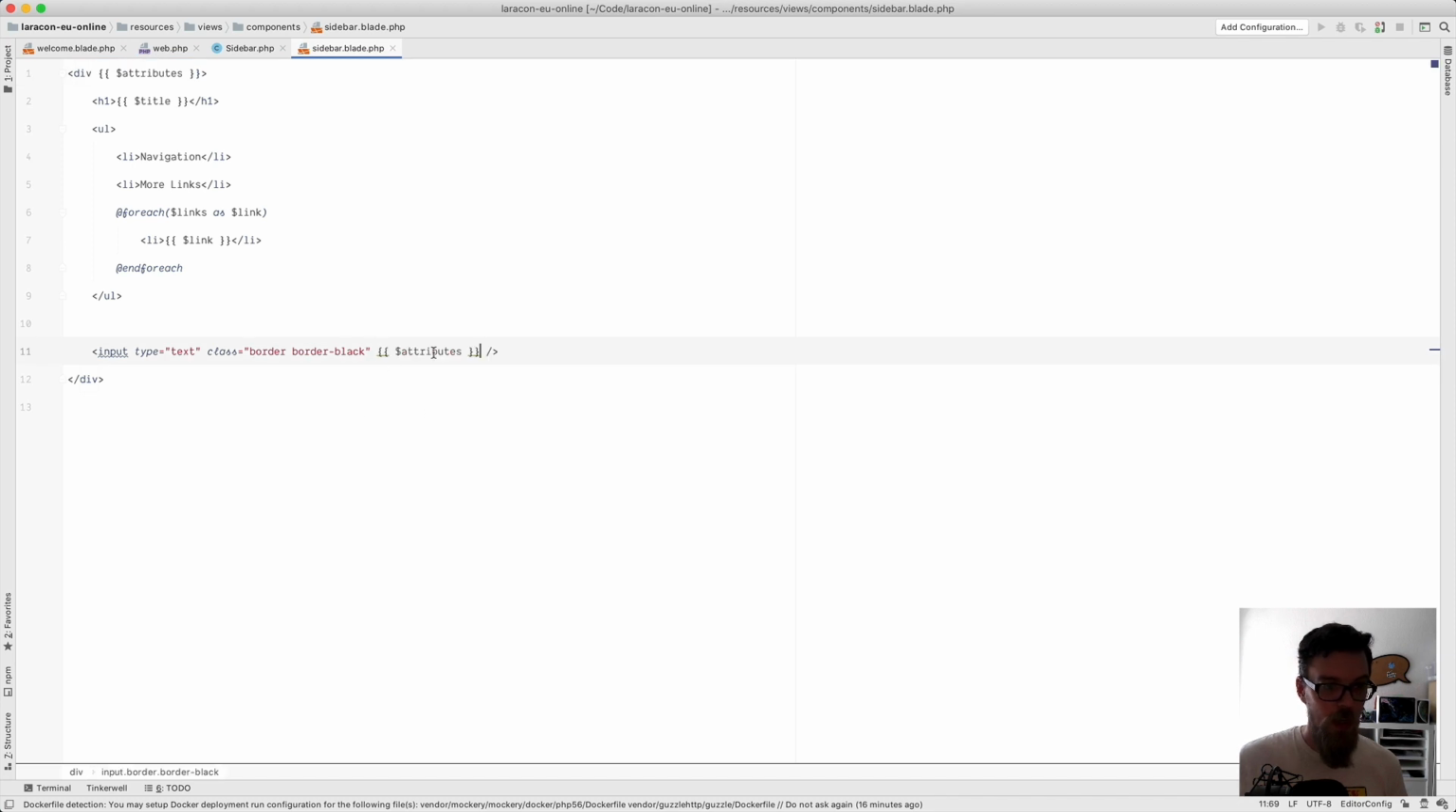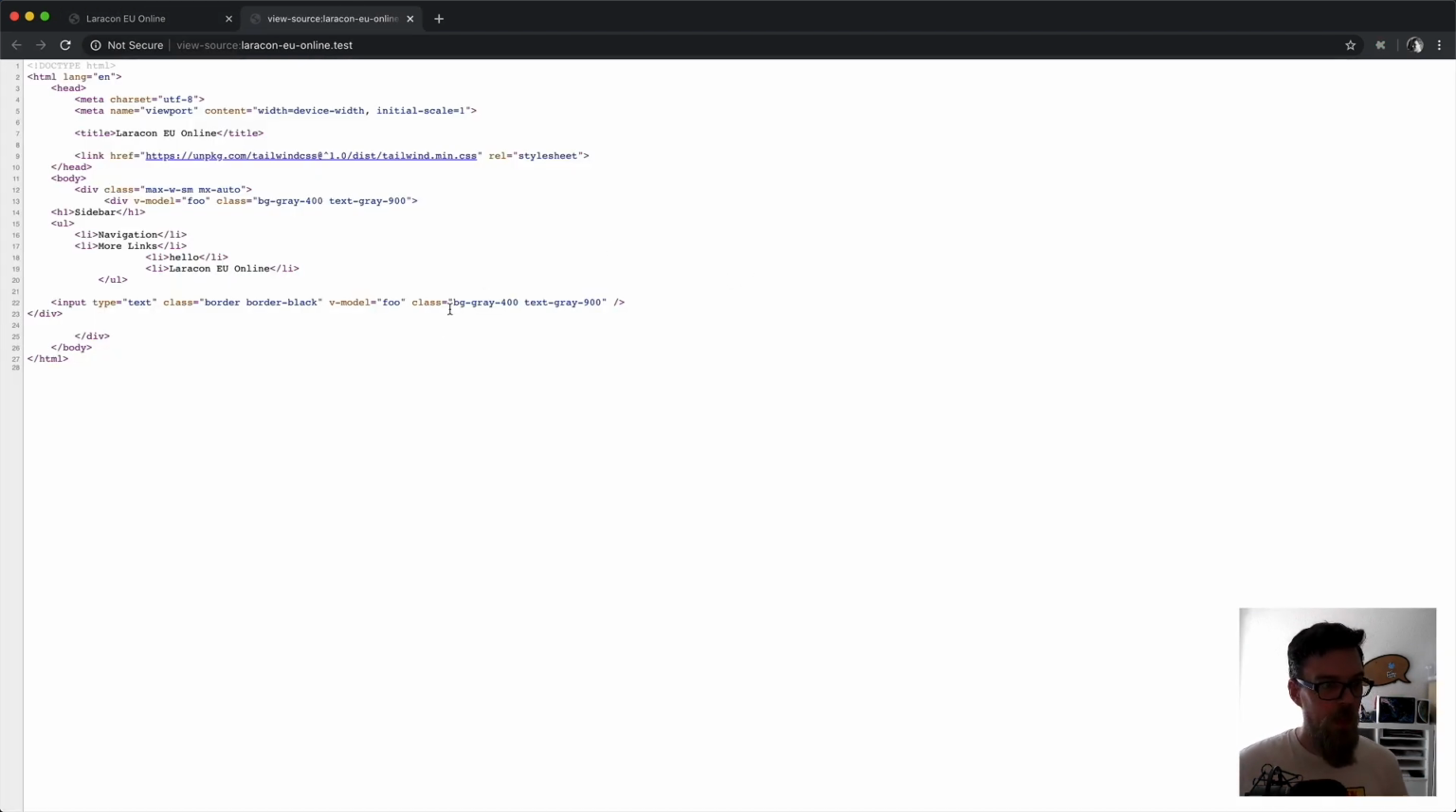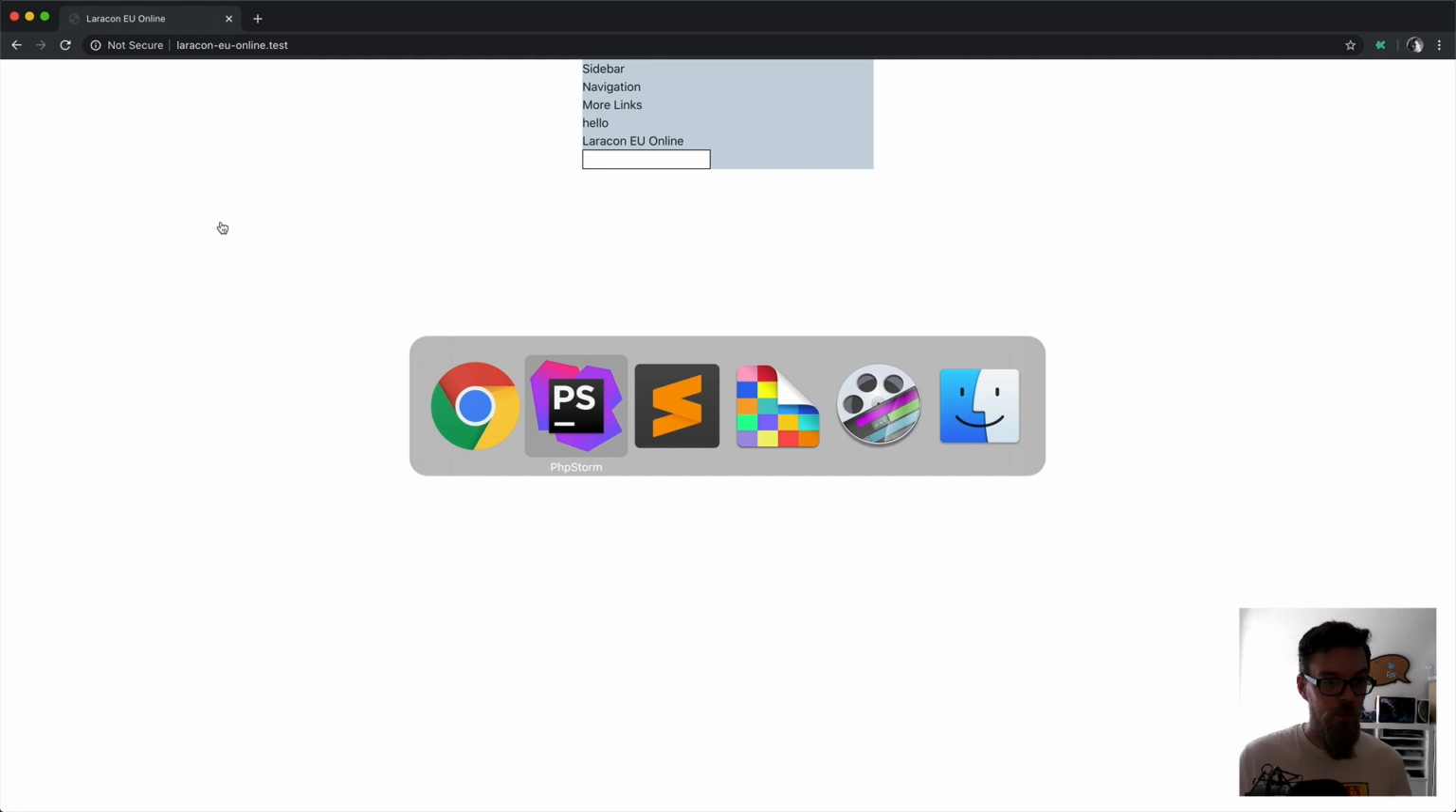So of course I can just copy this, and if I do this, it works. But if we take a look at the HTML, we can see that our input now has the vModel, which is good, but it also has the class attributes that we only need on the div up here. And likewise, the other way around, our div now has the vModel, but we don't need it there. So luckily,